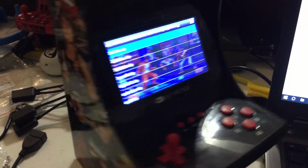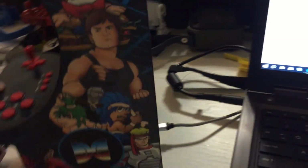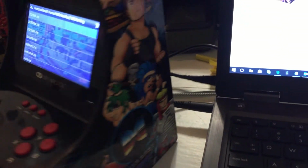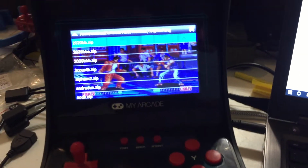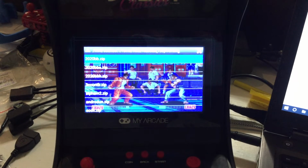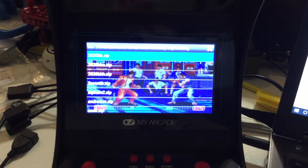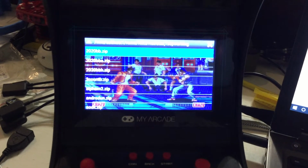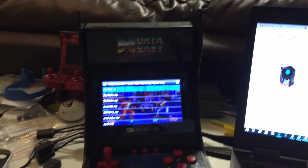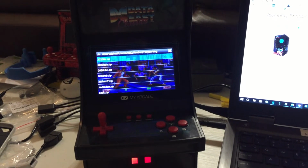And right now, I have everything put back in. I'm just using a direct connection, and I put the screw back on. So I'm pretty much done with adding games to it. I'm happy I could get 190 games working, and I won't be able to go through all 190 games, but I'd like to let you know where I got the ROMs. So in this video we're going to talk about where I got the ROMs, and also